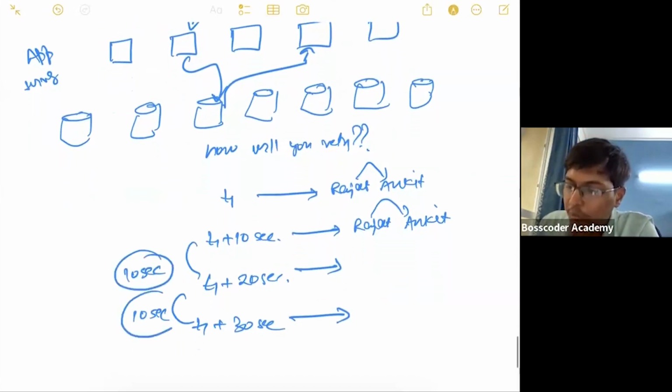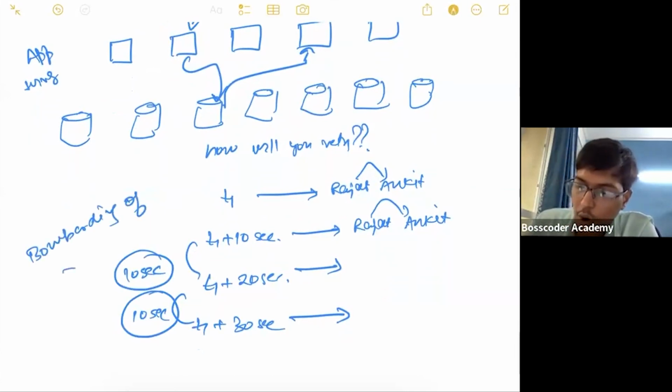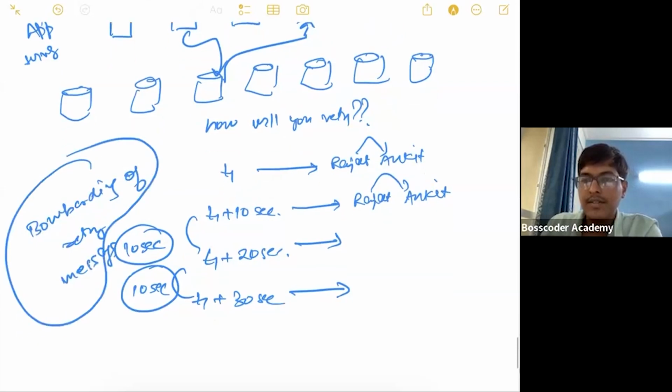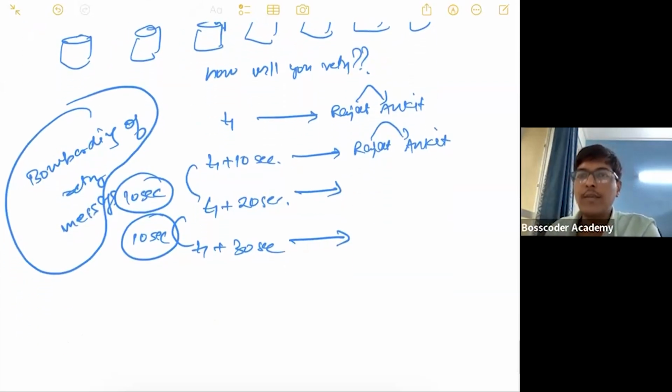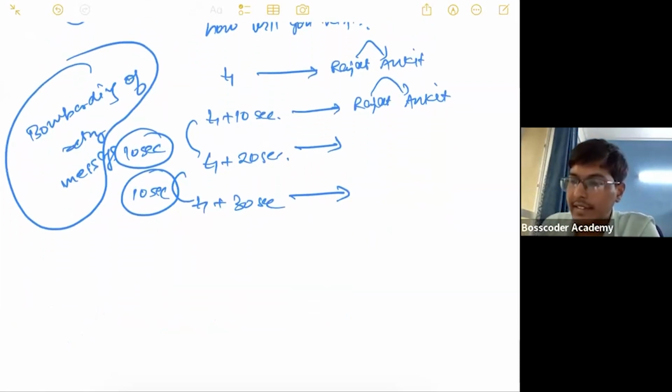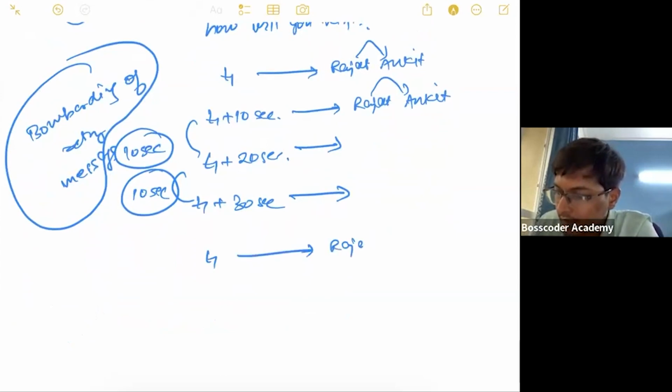If I retry at the gap of 10 seconds, don't you think that there will be too much bombarding of retry messages? Let's say someone is not available for 6 hours, but I am retrying continuously for that user. Right? Does this make sense? So what happens in this case is, whenever you are doing retry, you should go about figuring out an algorithm